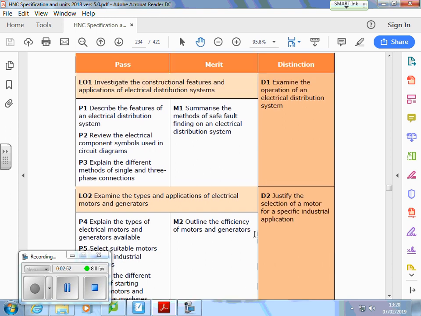Now, initial thinking here was 4 separate assignments. Bearing in mind we've got 15 weeks for teaching, you're talking about 3 and a bit weeks for the teaching of each assignment. What I would do there is issue assignment 1 probably next week, so you can start work on the bits that we've already covered, and then build on that over the 3 weeks of teaching, and then maybe have another couple of weeks to finish that off and hand it in. So we'd do that 4 times, and you'd have 4 assignments with 4 deadlines,